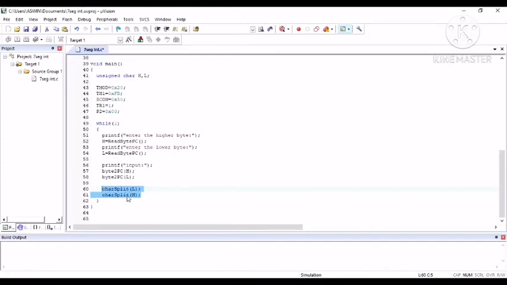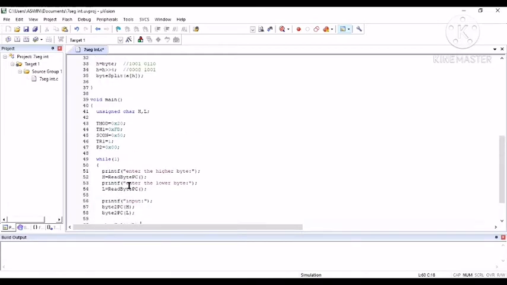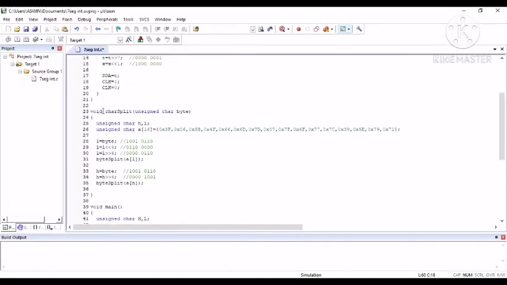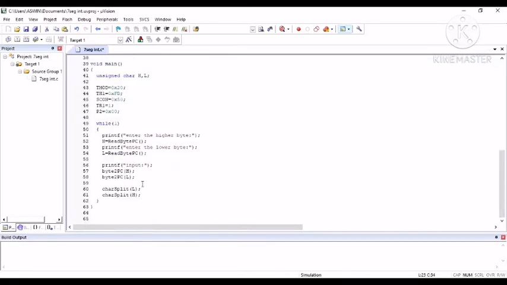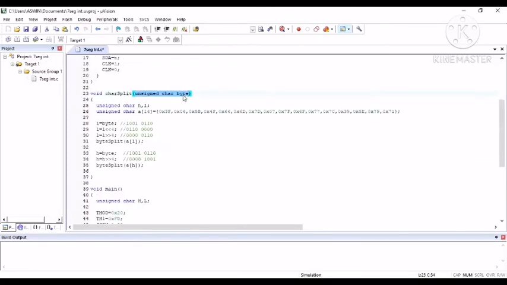In the first one, char split of L, we call the lower byte, and this will be given to the next part of the program, where void, which doesn't give any value out, and char split of unsigned character byte. So the value from the lower byte will be given into byte, and inside that are the unsigned characters H, L. So we are defining two variables.